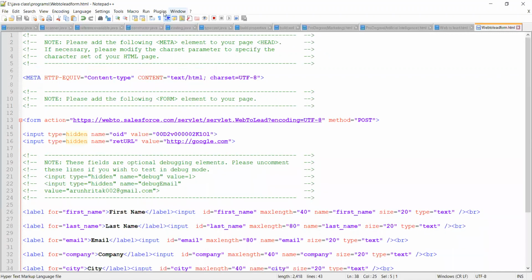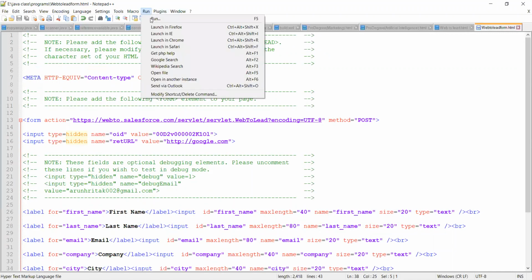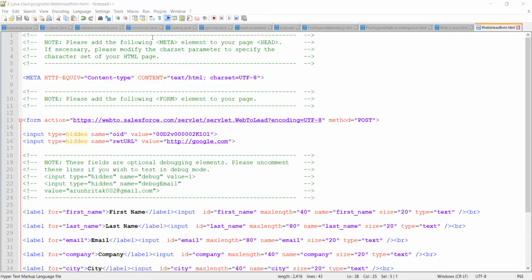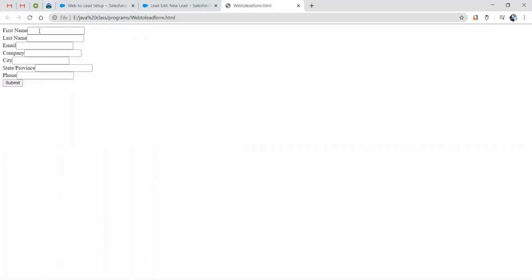Now let me run it in the browser. I will launch it in Chrome, and let me share that screen as well. Here you can see it's a simple basic form without any alignments, without any CSS style. I'm going to enter some details. Let's say I'm giving some email ID.